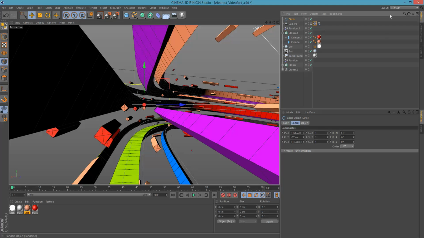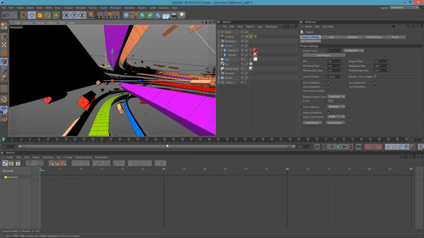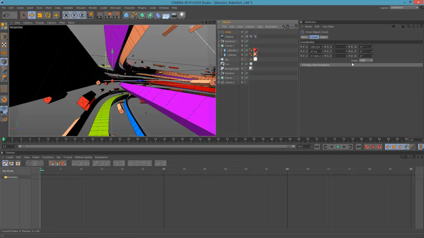So to make some animation, this is the part where we are gonna bake some animation. To do that, we are gonna select the layout from Startup to Animation, and don't be afraid, this is a very lovely layout, especially for animating objects. After selecting your animation layout, we're gonna record some keys here. To record keys, you need to